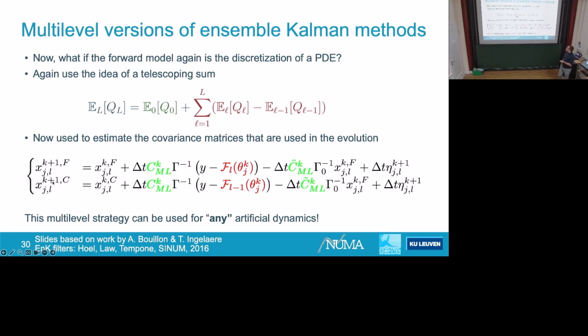If you want to make the coarse and the fine particles correlated, they need to be evaluating for the same parameter guess, and they need to take the same noise in the evolution. That's what's happening here. But the question is, what do we do with the interaction term? The interaction term determines the covariance structure of your ensemble of particles. That is what we're going to estimate in the multi-level. So we take this green term, which is the covariance of all of these differences. We're going to estimate that in a multi-level way with this method.